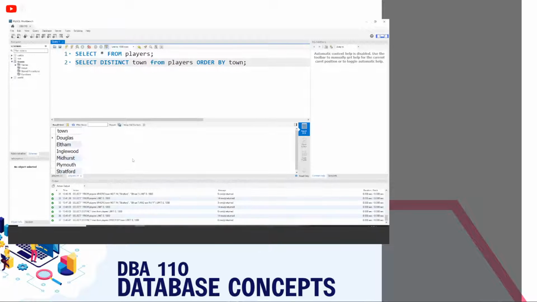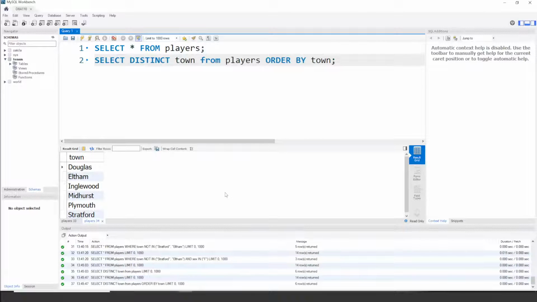Just like that. Pretty easy. All right, so it just gives us a distinct list of all of our towns that our players are from. When we need an unduplicated record,